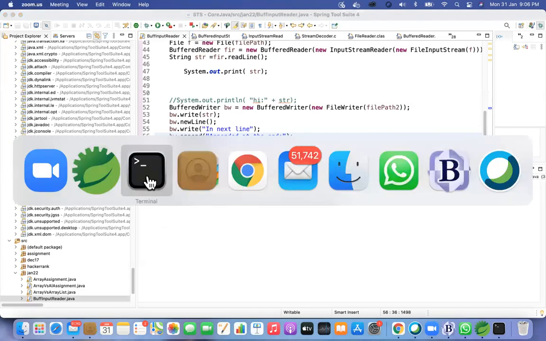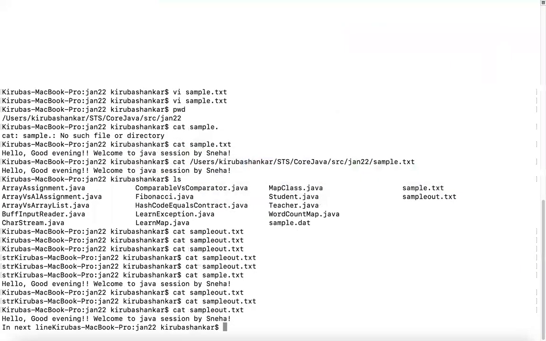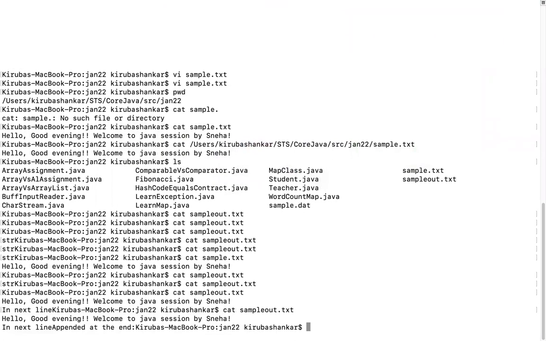You can just give append of a string or any string data, and it gets appended immediately in the same line, not in the next line. So these are the ways you can actually use it.